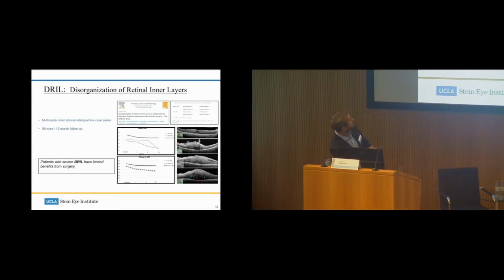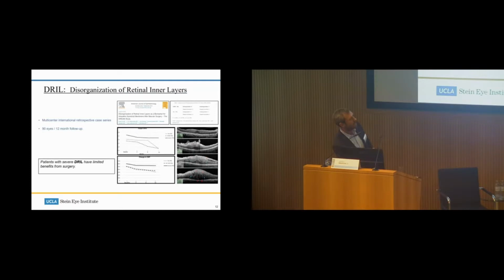That study showed that between the case where there is no DRIL, meaning all the boundaries between the different retinal layers are clearly seen, so there is no disorganization, and the case with severe DRIL, where all the different boundaries are very difficult to detect and see on the OCT cut, there's a big difference